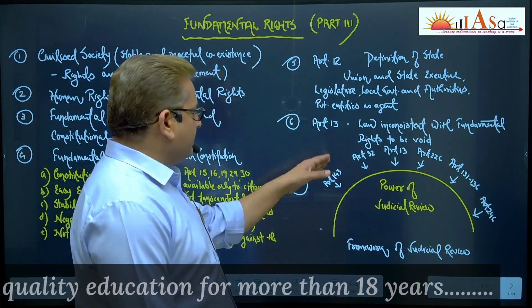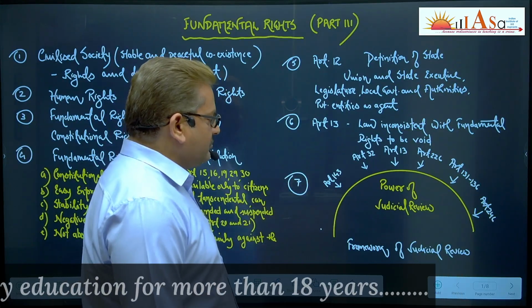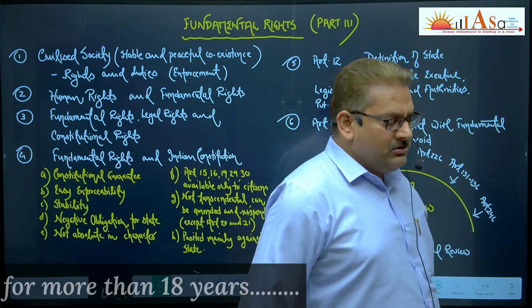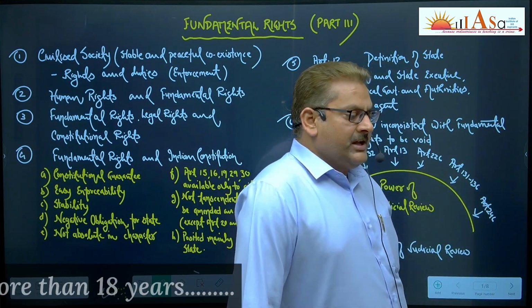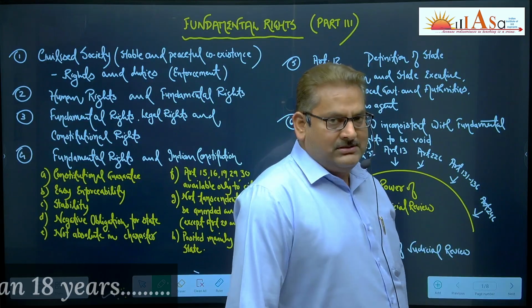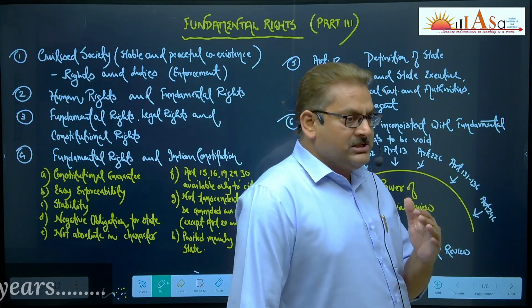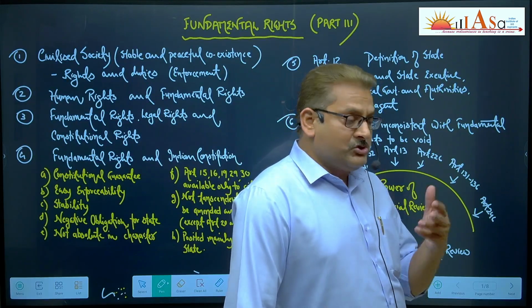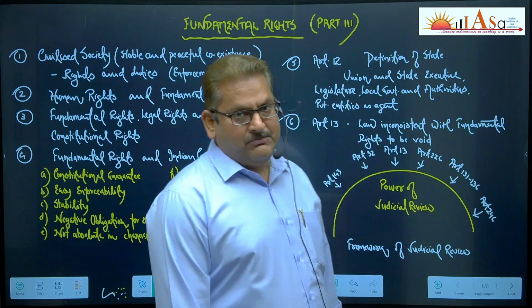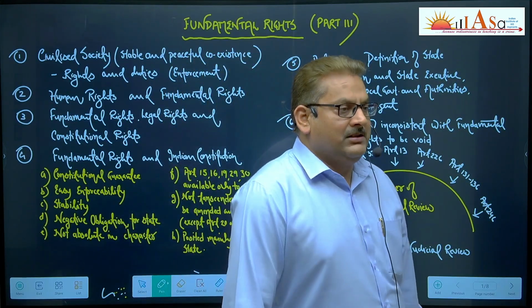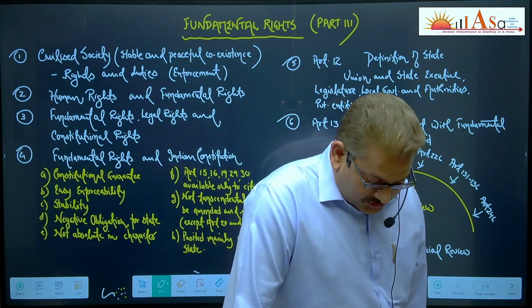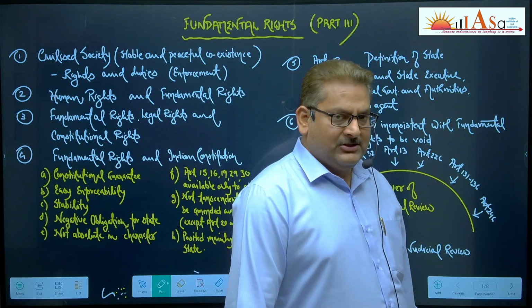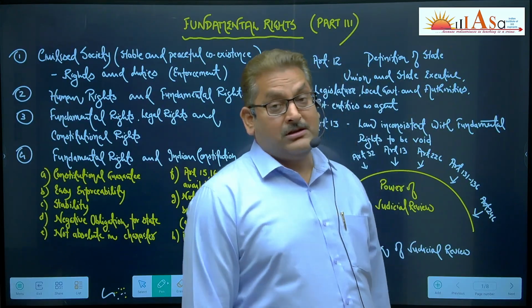And then you have Article 143. This is related to the advisory jurisdiction of the Supreme Court, under which the Supreme Court gives advice to the President of India. The President can refer any question of constitutional importance, having futuristic implications for the policy decisions to be taken by the government. The Supreme Court gives advice here more as a friend, philosopher, and guide of the government rather than in a judicial capacity. Here also, the Supreme Court can review things, can apply correctives, and can suggest what is constitutional and what is not.